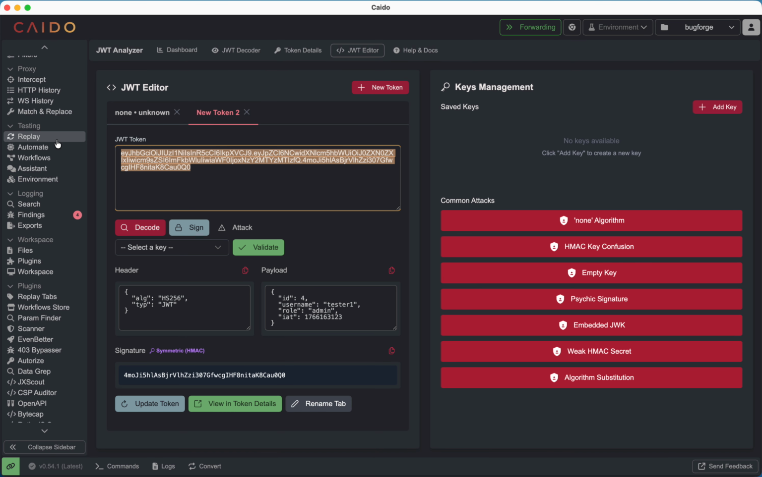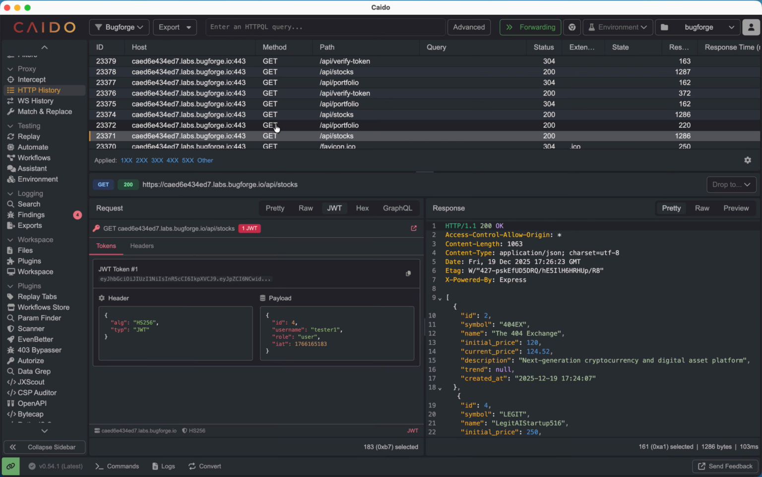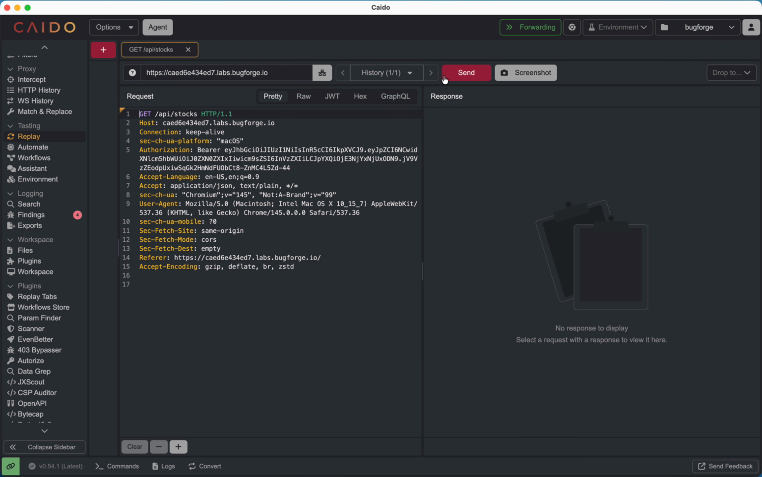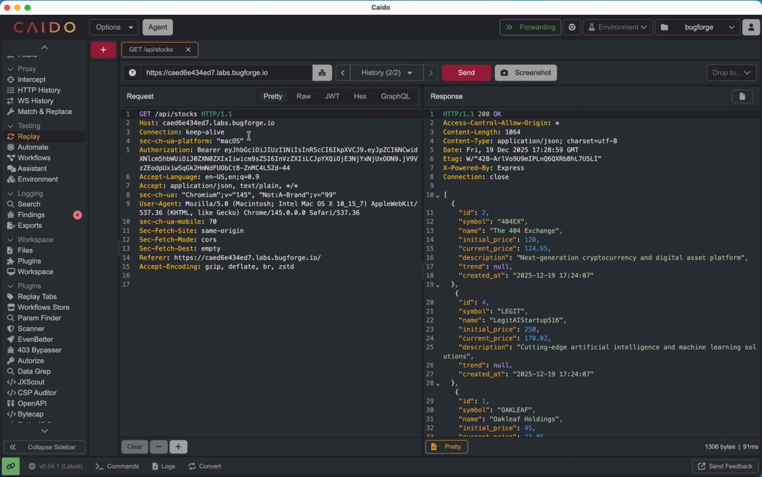Okay, so I'm going to copy that. I'm going to come back up here. I'll send that to my replay. And so this is the unmodified token right here. I haven't changed it yet. And you see for this, I get back all of the stock options here. Well, if I paste in that modified token, now keep in mind this has the